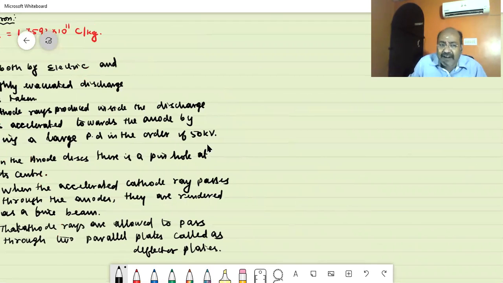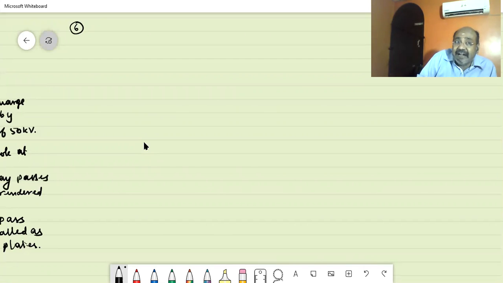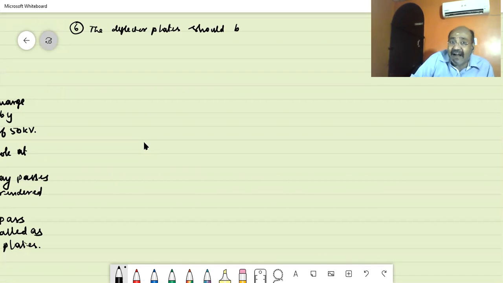How should be the deflector plates? Let us consider point number 6. How should be the deflector plates? The deflector plates should be maintained at a high potential difference, so that